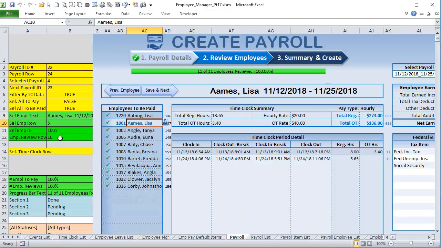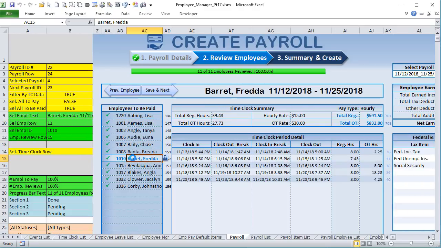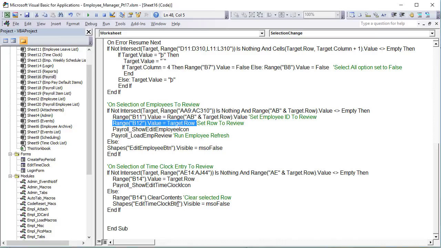So we want to make sure we know what review row, that is the row of the current employee that we are reviewing. I want to track that, and we're tracking that right in B12, and I can track that if we use that selection change code right here. So we're going to do